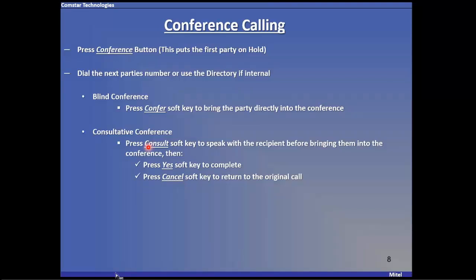If they're able to be in that conference call, you're going to press yes. If they are not able to be in that call or not there, you can press the cancel key to go back to your original caller. Okay, so